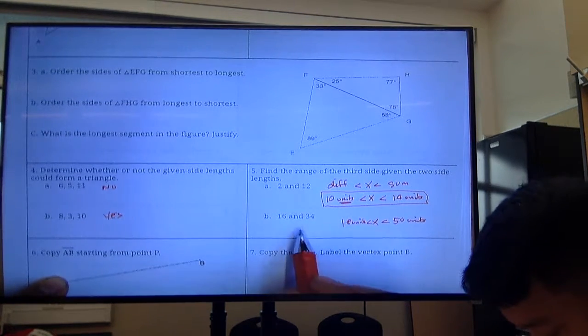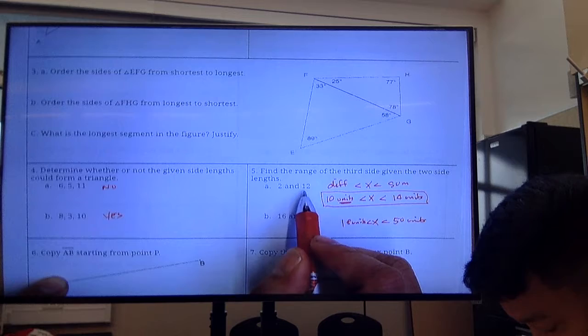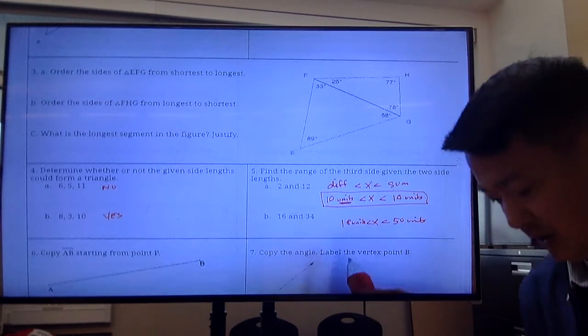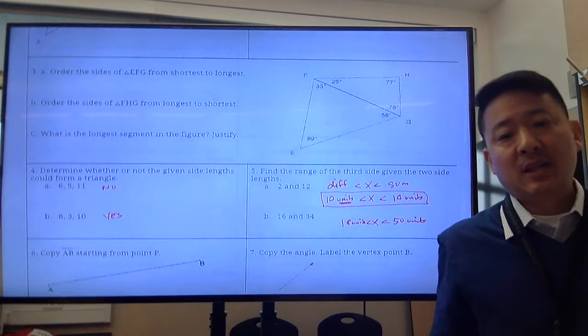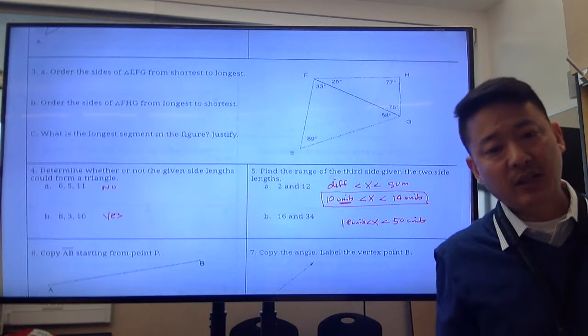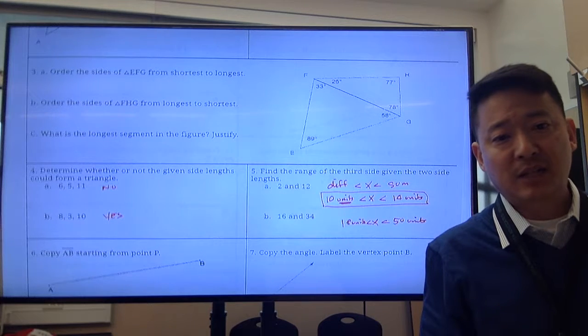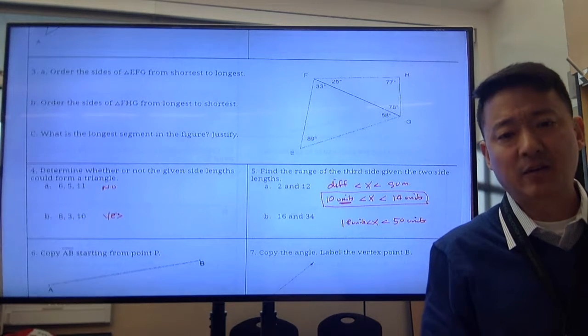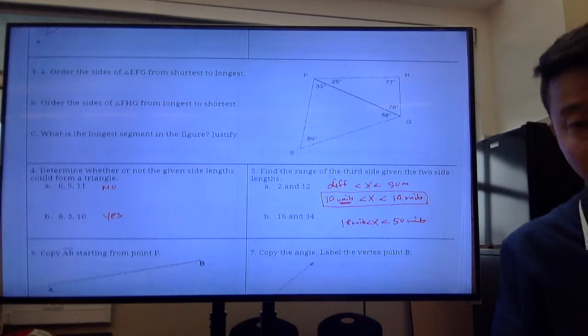Now how come in A we did 10 units? How come we did 12 minus 2? How come we didn't do 2 minus 12? How come we didn't say that x has to be greater than negative 10 units? Well, that's because remember what x is. x is the length of a side of a triangle. We don't deal with negative lengths for a side of a triangle. That doesn't make sense. So we just disregard the negative and deal with